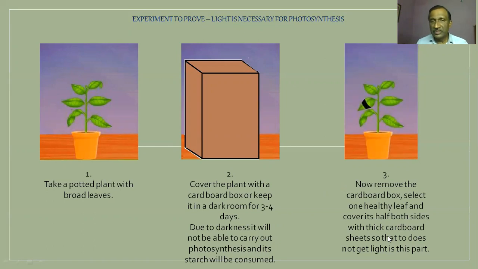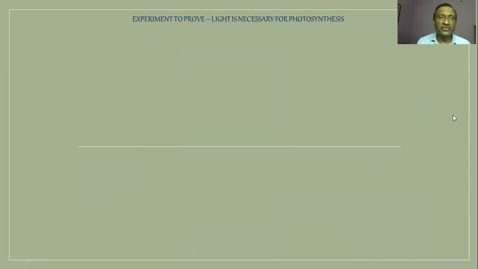Okay, so suppose this is the leaf. We have to put one strip here and one strip just below it. So this particular part of the leaf will not get light from any side. Then we have to staple it or we have to clip it, whatever it is. Okay, now next what you have to do is,